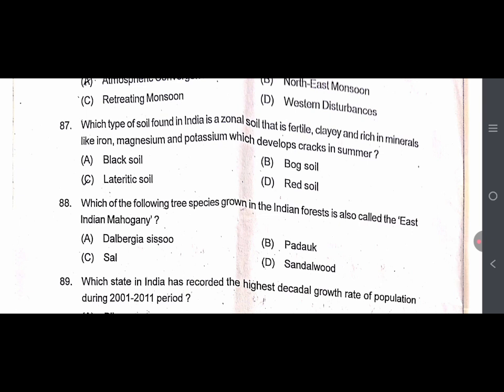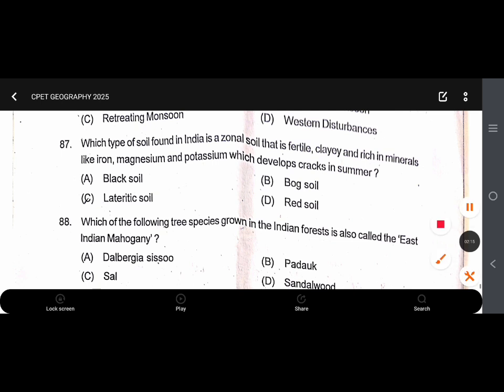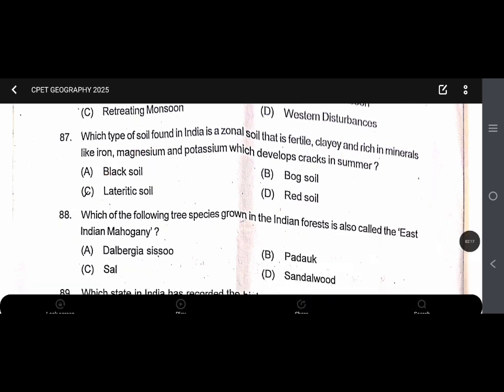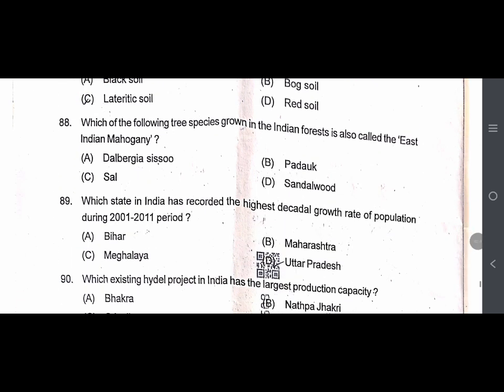Okay, answer to be black soil. 88. Which of the following tree species grown in the Indian forest is also called the East Indian mahogany? Okay, answer to be